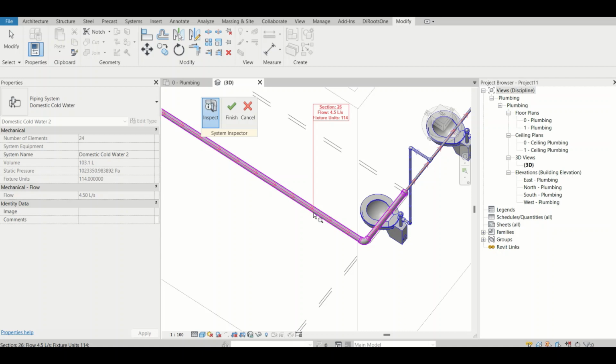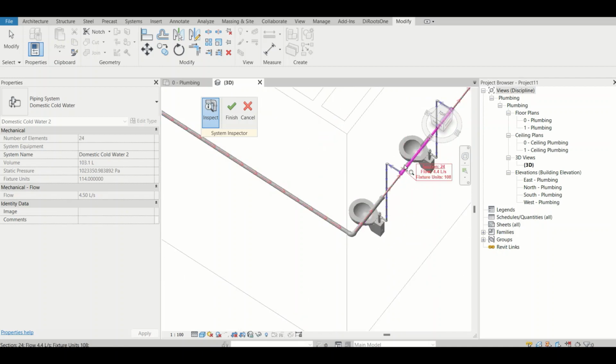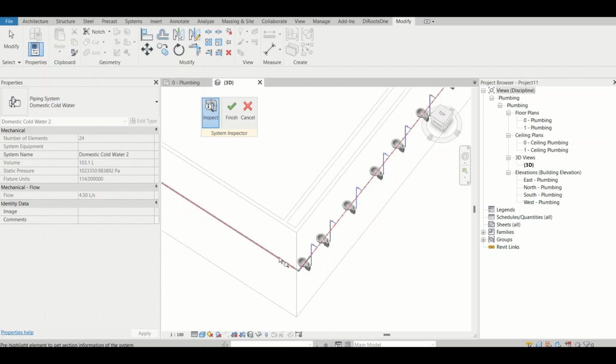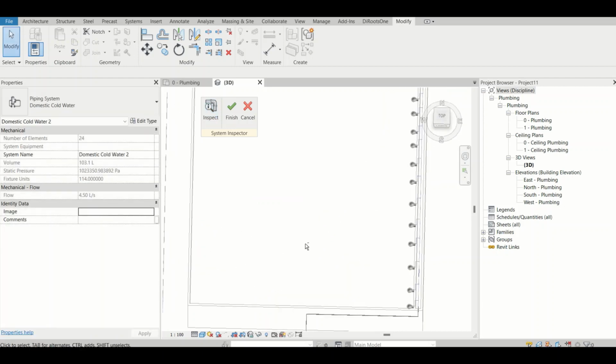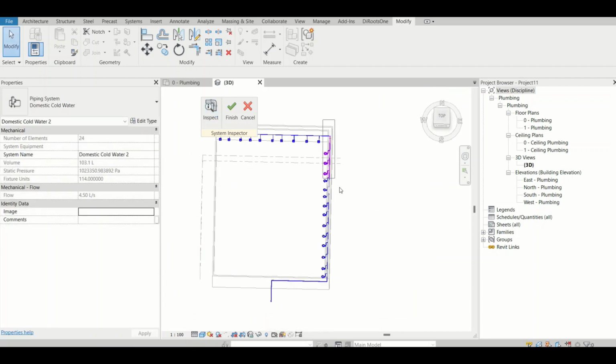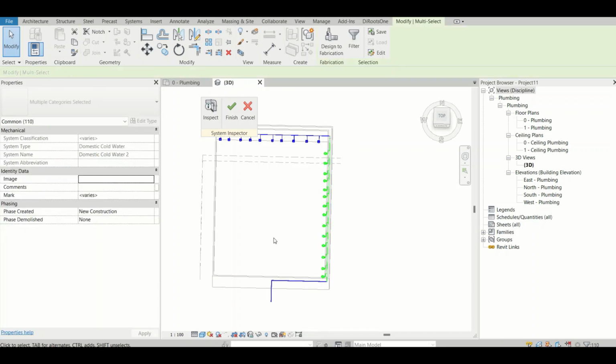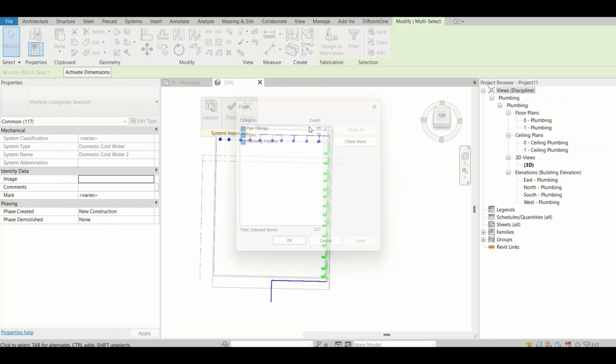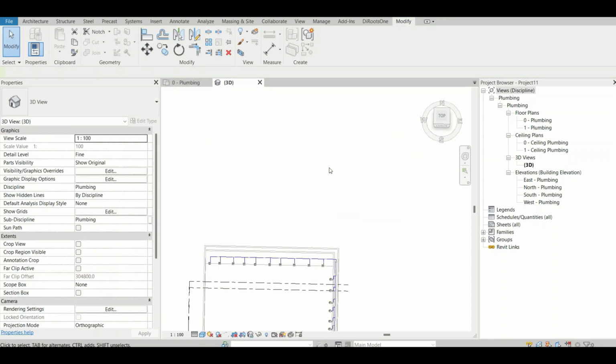Okay, flow rate will be based on how many plumbing fixtures are connected with this one. So right now I'll calculate how many are right there. Let's go with this. So 114 plumbing fixture units are right there. Let's see if it is correct or not. Let me see how many WCs are right there first of all. So it's showing 14 WCs are right there, and for one WC